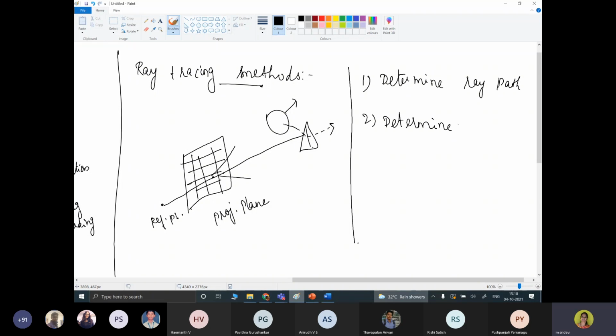The simple example is a normal camera, where we are viewing a screen through a hole or a shutter, by which we are able to trace it out. So we are determining a contribution to a particular pixel.